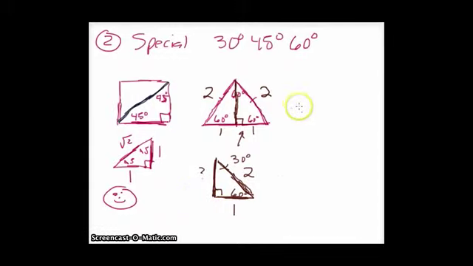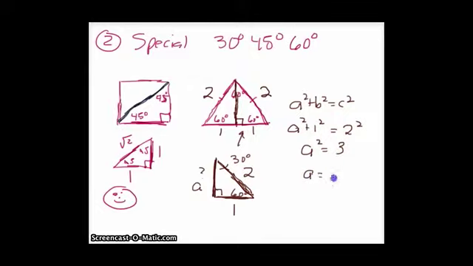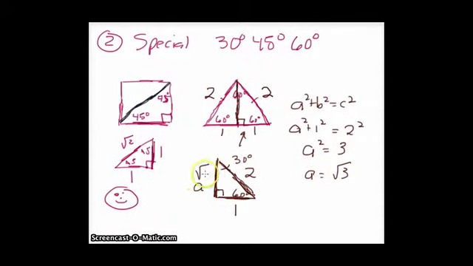Well, we know from the Pythagorean theorem that a squared plus b squared is equal to c squared. C is the longest side, the hypotenuse, so that's 2 squared. Let's just say that's a. So a squared plus 1 squared. Now we have a squared is equal to 4 minus 1, which is 3. So a has to be the square root of 3, obviously the positive part. Okay, so this is radical 3. Okay,